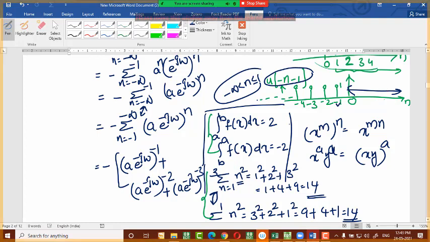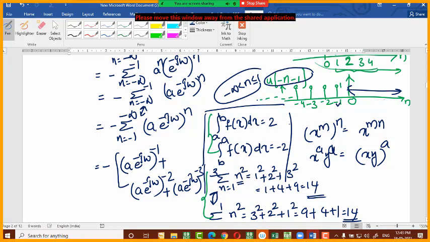What is the a value actually? In this problem, it is greater than 1. In the previous problem, it is less than 1. Okay, in this problem, it is greater than 1. So, in the DTFT, what problem you are taking, what is the a value? That also you have to remember. By practice, you will get it.